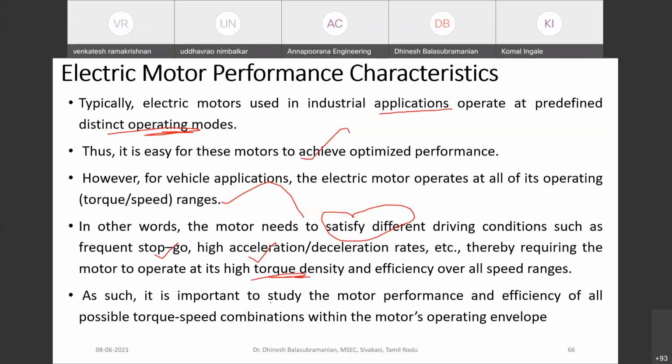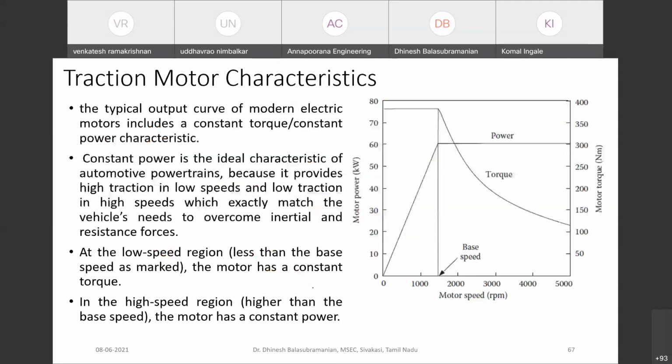As such, it is important to study the motor performance and efficiency of all possible torque-speed combinations within the motor operating envelope. Here you can see the profile of power and torque pattern for the motor power and the motor speed. When you are able to plot these curves on the previous profile, you will be able to determine the power required for your electric motor. So the typical output